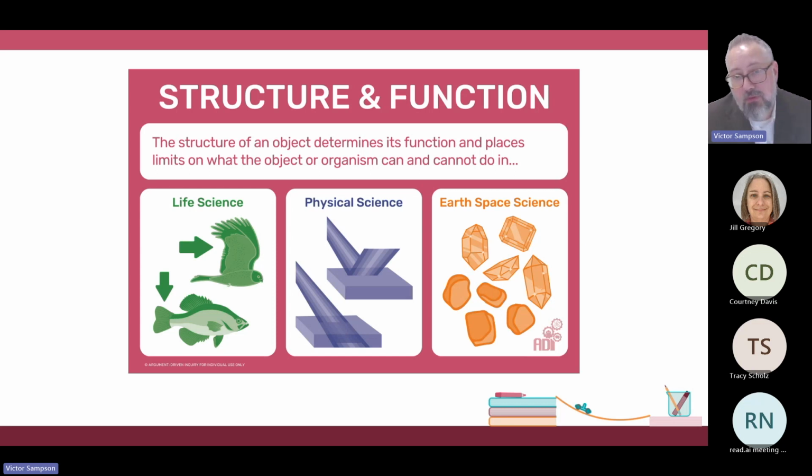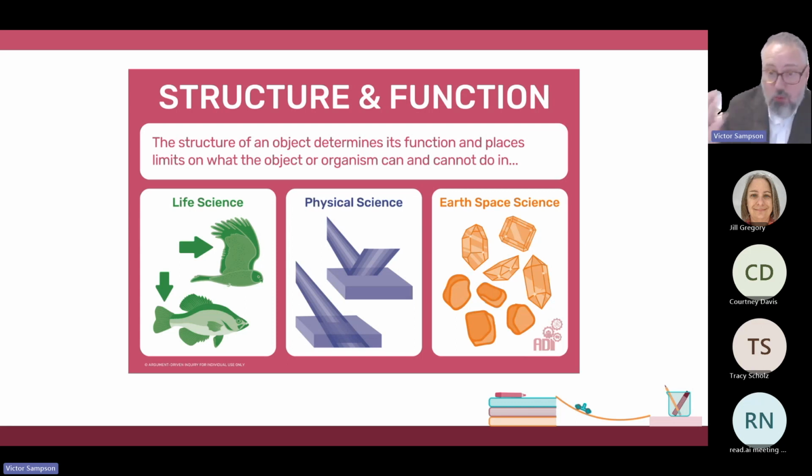If you think about that from a physical science lens, what we choose to make objects out of or paint things with changes how they interact with light and what kinds of functions they have. In Earth-based science, you think about all of the different earth materials, where they're found, what they can do, why we have to rely on certain kinds of materials to do different kinds of jobs, or make certain kinds of things in the technologies that we create. All of these come up in the issue of structure and function.